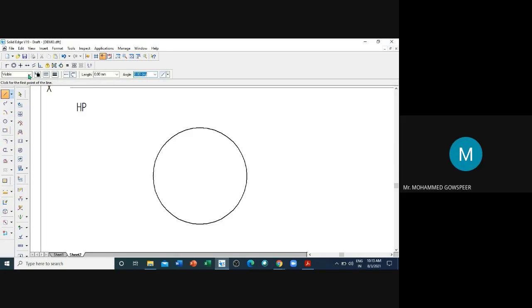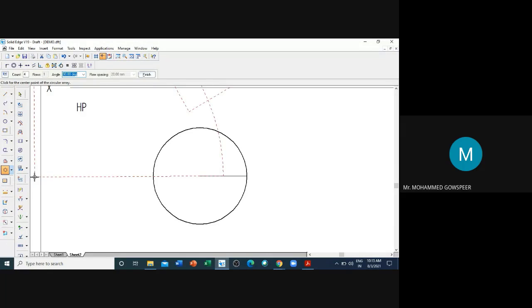Select the line command and the normal line style. Now when you place the cursor on a circle, you will get the center. From the center you draw one horizontal line. Then select the select tool, select the line, and choose the circular pattern.